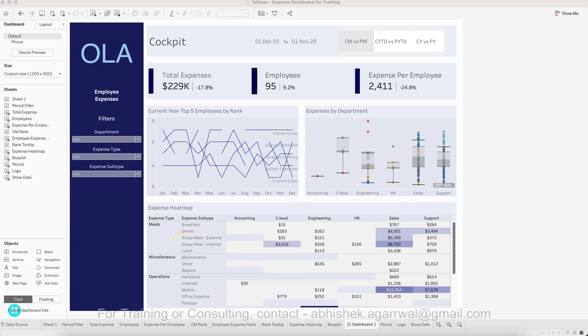Hello and welcome to another Tableau Advanced Dashboard case study. In this case study, I want to show you how you can create an advanced dashboard like this. So this is a case study where you need to practice, but I will be showing you what I'm actually